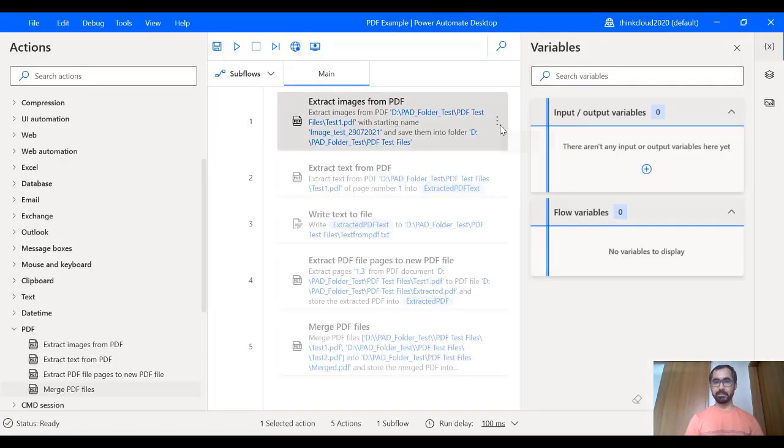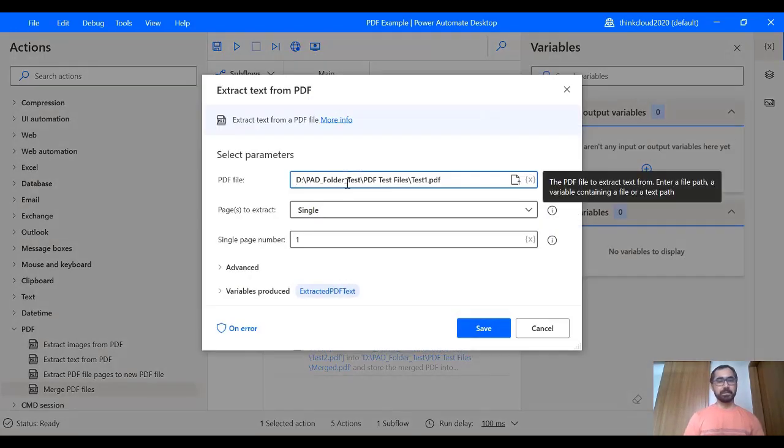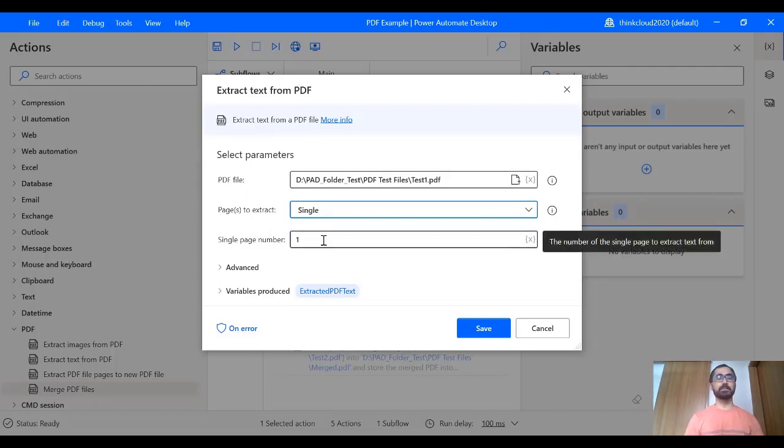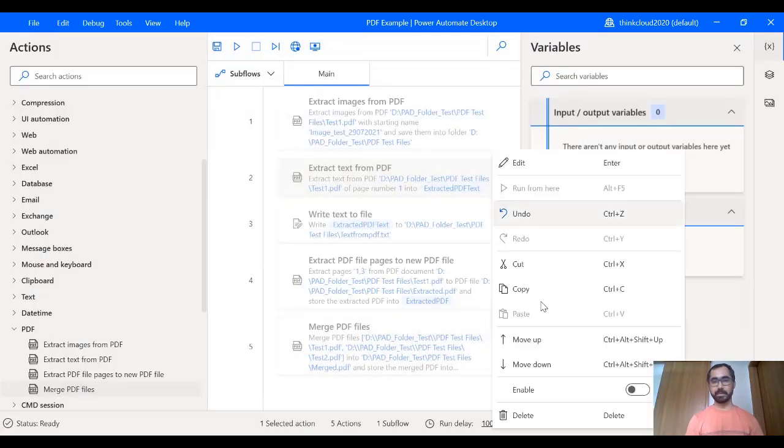Now I will just disable this again and I will use extract text from PDF file. Here I have just used this single drop down to show how this parameter works. So page to extract, I will choose single, and the single page number is the first page, page number one. I will extract the text from that page number one. I'll save this. I will just enable this again,